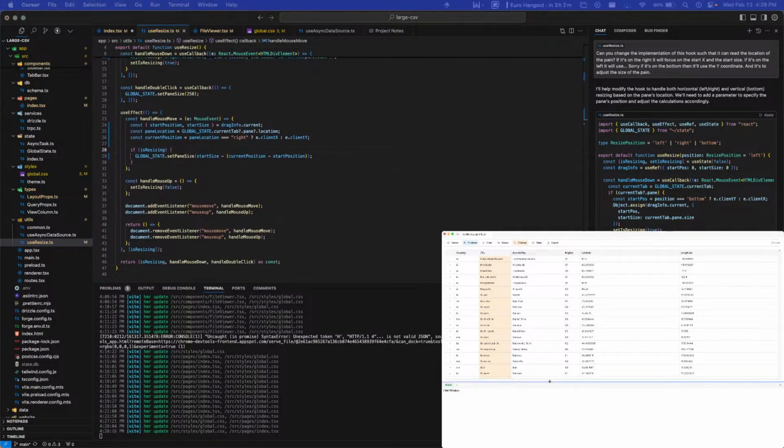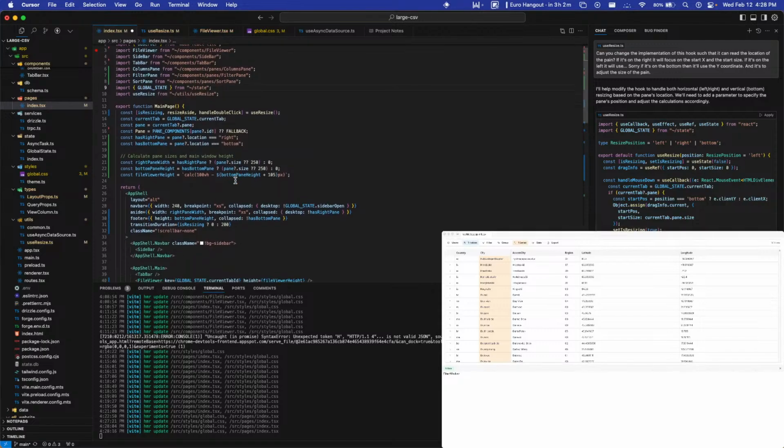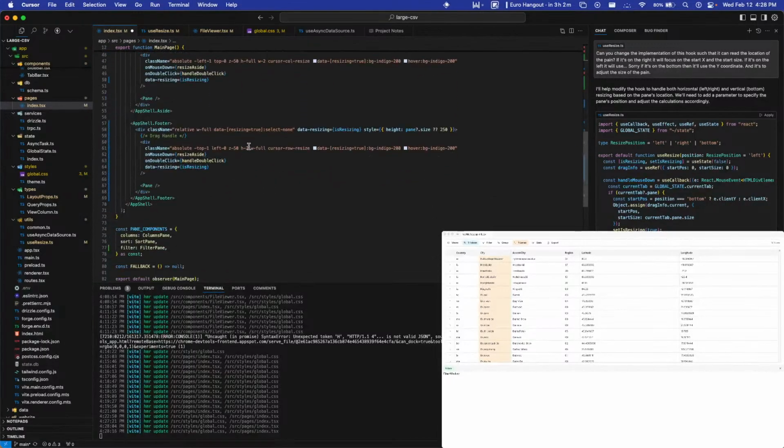Let's see if that works. Perfect, perfect, perfect. Amazing. So the only thing that I don't like is the fact that this H2 is pretty